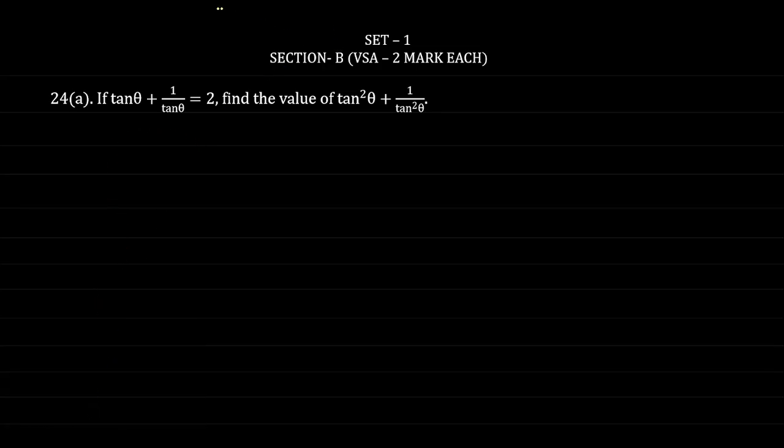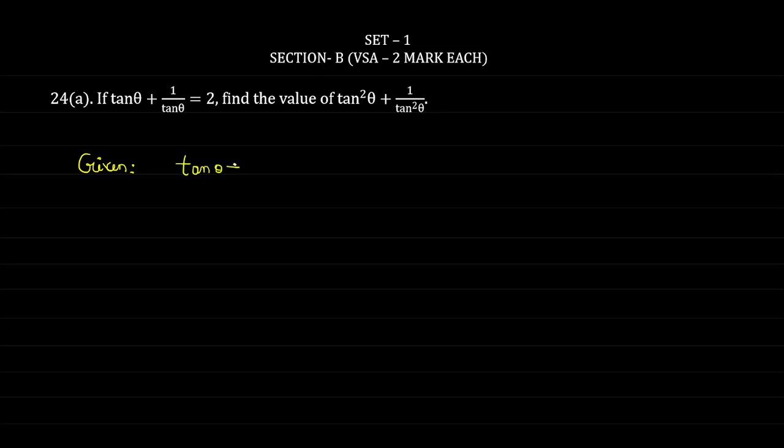So we are solving the CBSE 2026 Maths Standard Paper Set 1 Section B, and this is question number 24. If tan theta plus 1 by tan theta is equal to 2, then find the value of tan square theta plus 1 by tan square theta. Okay, so this question is from trigonometry, which is a very easy question. So let's see. What is given to me is